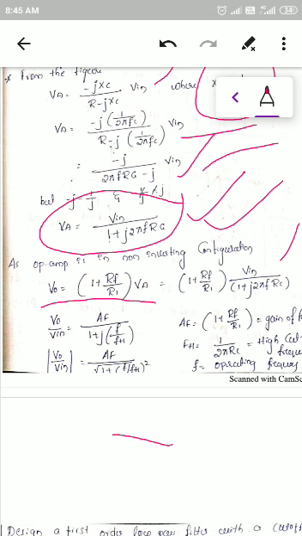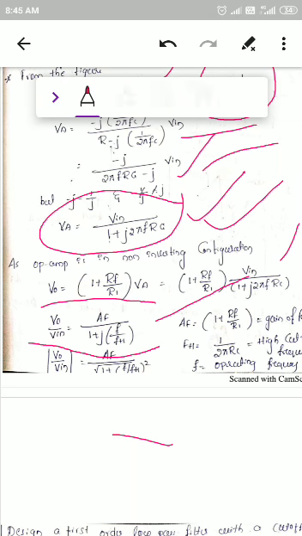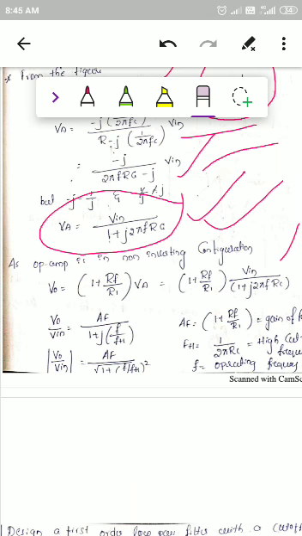So here V0 divided by Vin, so I am taking Vin on the numerator side, that is V naught by V in. So 1 plus RF divided by R1 is AF. Then 1 plus j as it is, F will be as it is. You just substitute the FH value, and you will come to the above equation only. So this is the simplified gain equation for the low pass Butterworth filter.